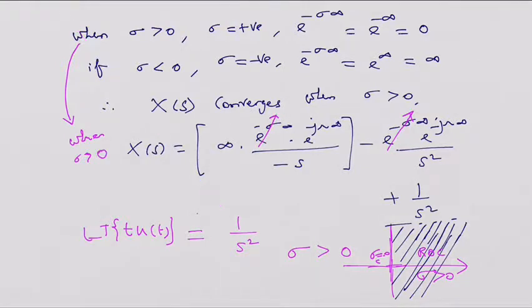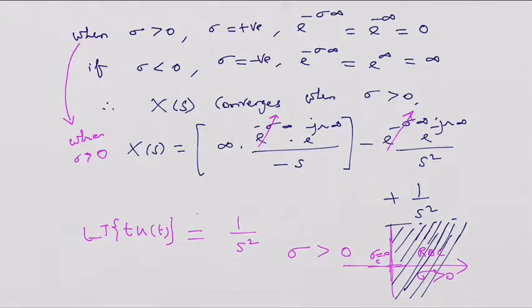When sigma is greater than 0, I can notice that e power minus sigma into infinity becomes 0, and those two terms will vanish. The final answer will simply become 1 by s squared, where the ROC is